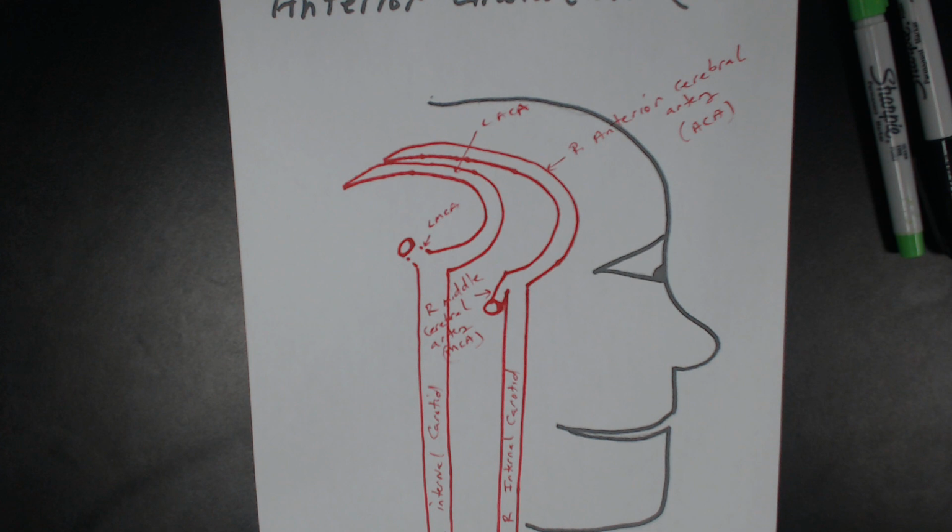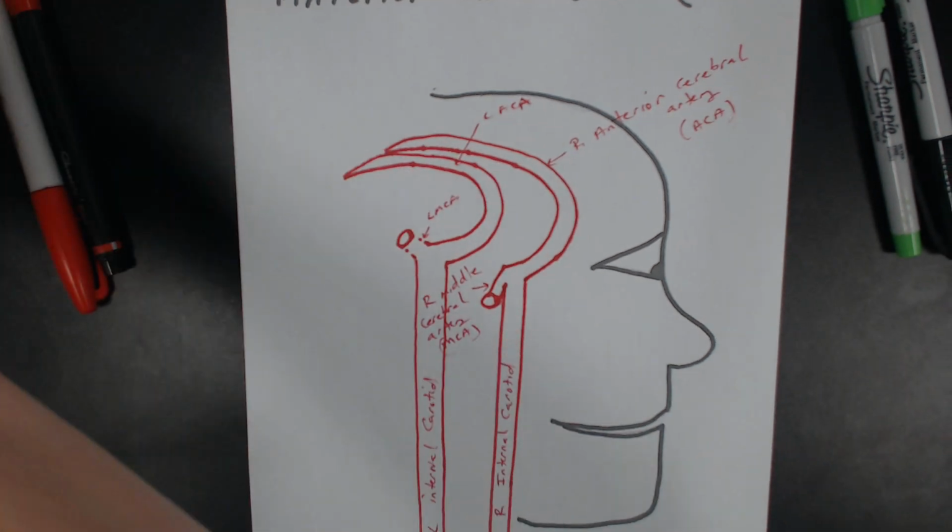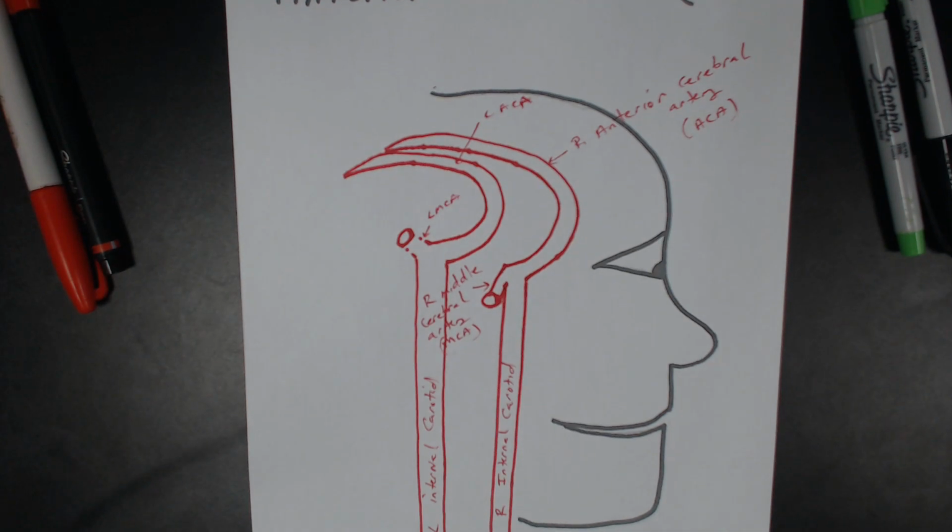So everybody got it? See what's happening? Trying to do three-dimensional here, so it's just left and right sides coming up, flipping over, and coming out. Side of the ear. Questions? Make sense? Okay, so let's go ahead and add on to this, and let's look at the vertebral system